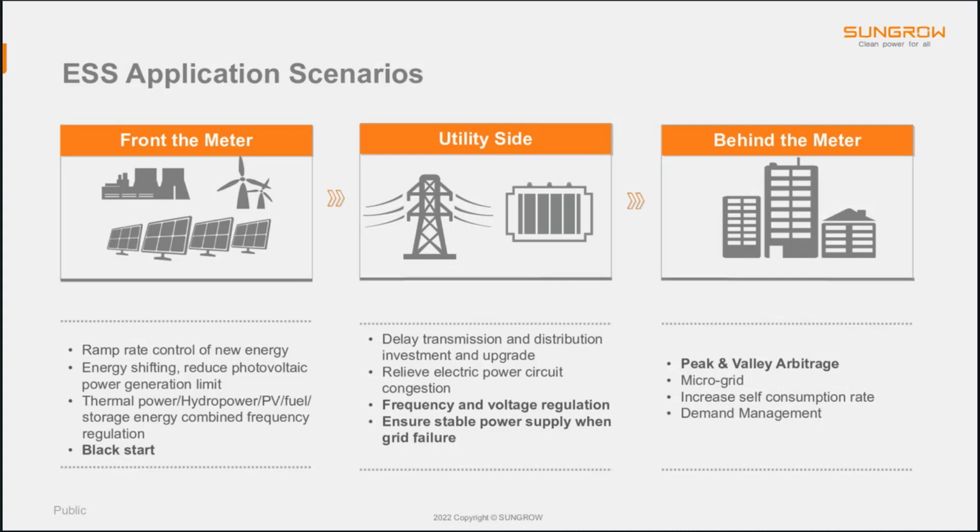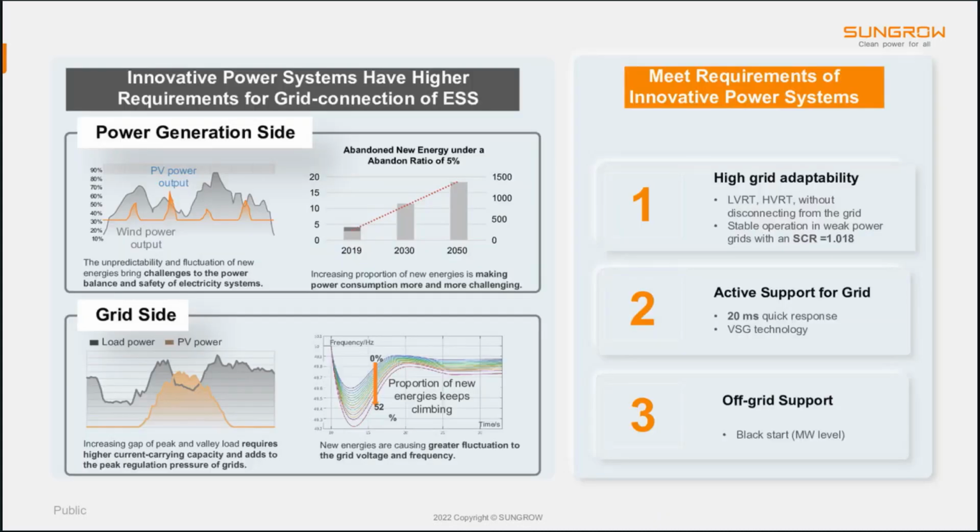Behind the meter, the ESS does arbitrage for the microgrid and increases the self-consumption ratio. The rate comes from market change. This is what I think. And like these slides,